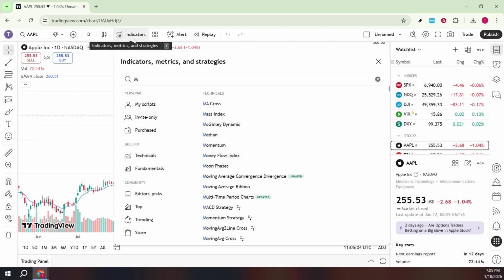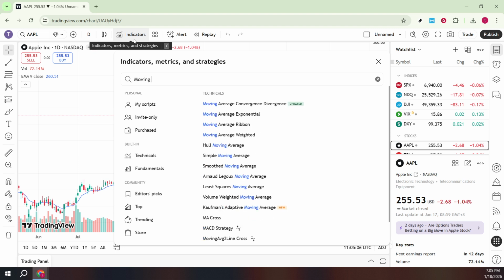TradingView will immediately filter the list to show matches. You'll likely see several options, including variations like exponential or weighted versions. For a straightforward classic moving average, you're looking for the one simply named moving average under the built-ins category. This is the standard option most traders start with when they want a clean read of average price over a set period. When you see moving average in the list, choose it, then click on it to add it to